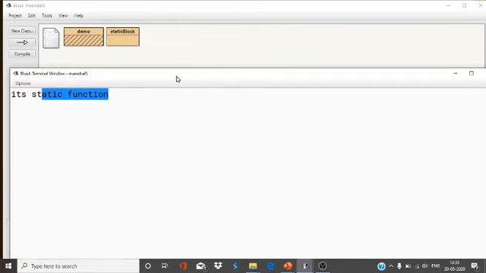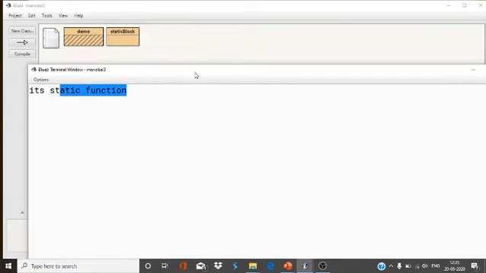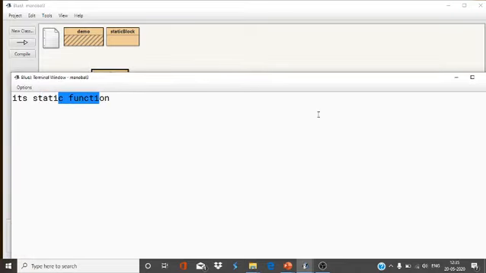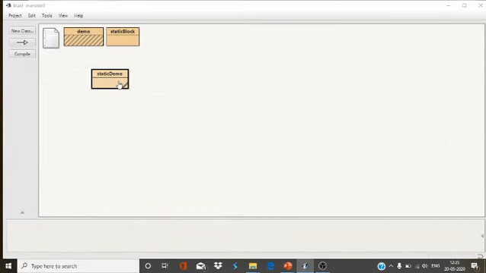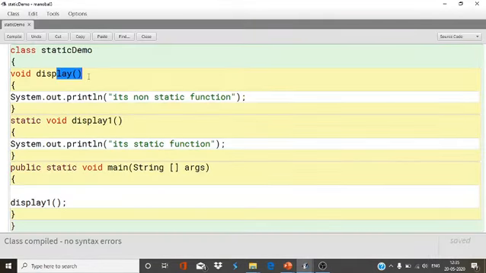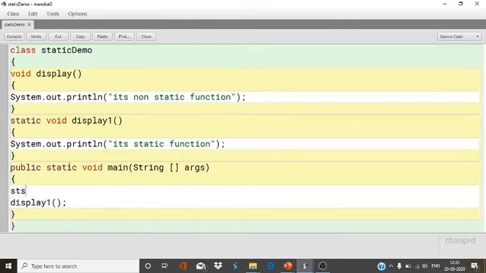Why is it happening like that? Because it exists before the class or creation of an object. Now if we have to call this non-static display function, what do we have to do? We have to create the object of the class.